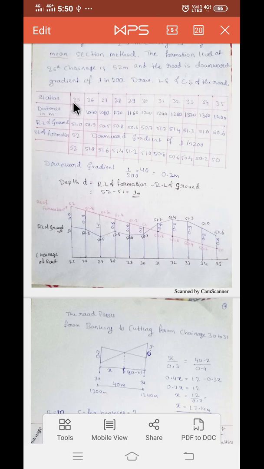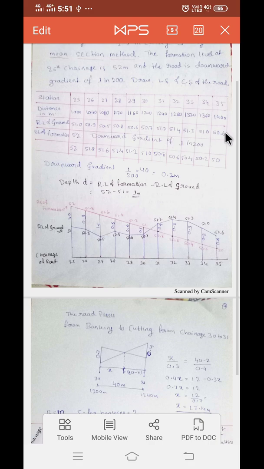The stations here, chainage is 25th, 26th till the 35th chainage, and the distance also they have given directly here. At 25th chainage it is 1000 meter, at 26th it is 1040, means one chain equals 40 meter, and 1040, 1080, and so on till 1400, means 1000 to 1400, we have 400 meter of road here. From 25th chainage to 35th chainage, our road length is 400 meter and each chain is of 40 meter.